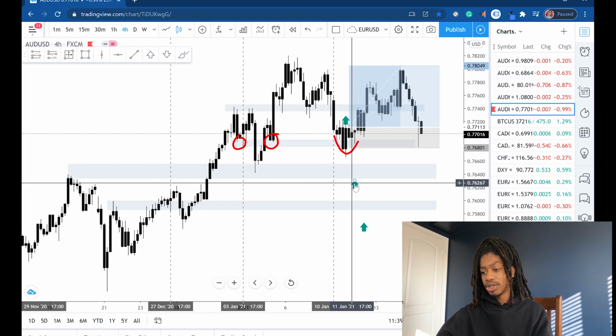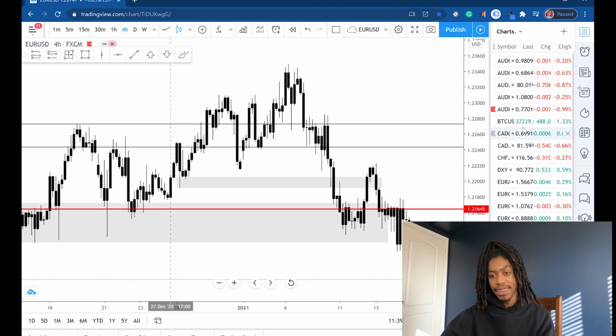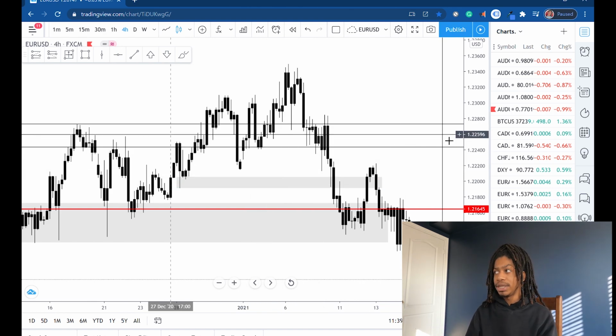Yeah, so let's just hop on to the next pair. I believe the next major pair is Euro USD actually. So this one was a winning trade. And then Euro USD, I believe we didn't take a trade on this one actually. We took 7 trades. We took so